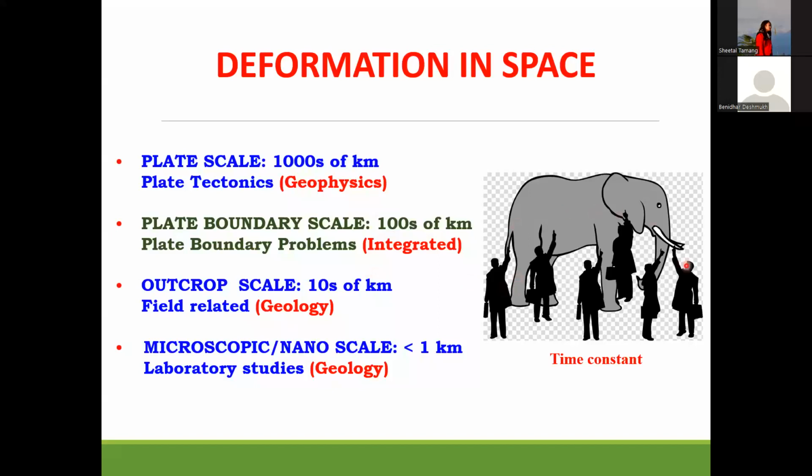And this diagram here basically tells you the story of the elephant and the blind men. So the point I'm trying to make here is, unless you understand the mountain belt at every different scale, you will only have a very partial understanding of what it involves. So you need to look at the plate tectonic scale, which is typically geophysics, and the tens of kilometers and 1 kilometer scale, which is typically structural geology. And then the scale we are talking about today is essentially an integrated scale.